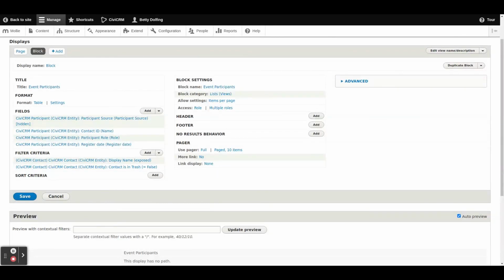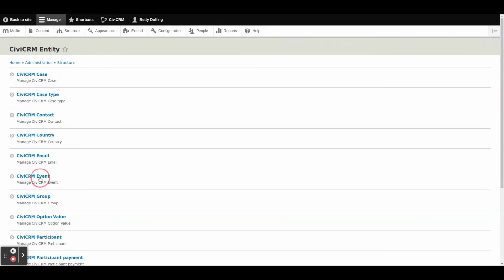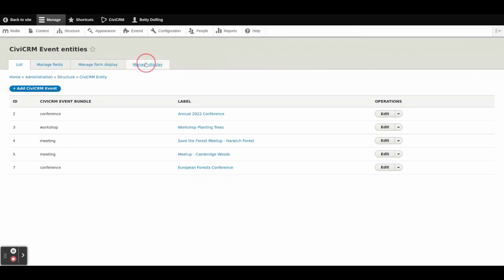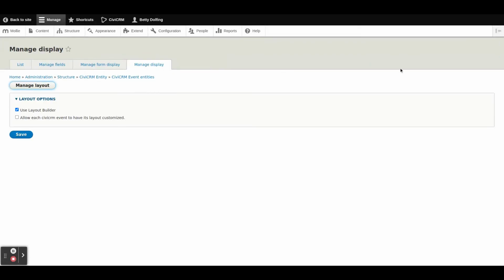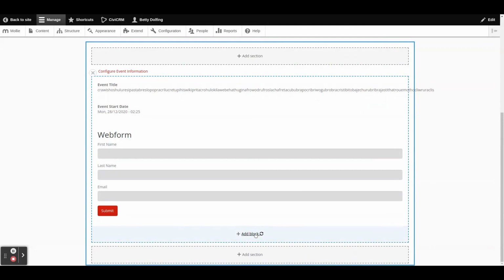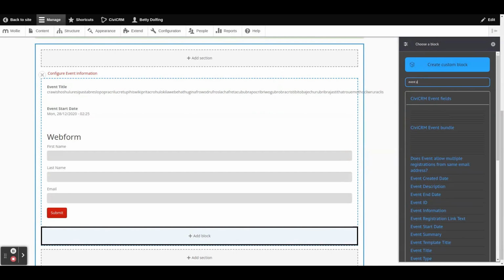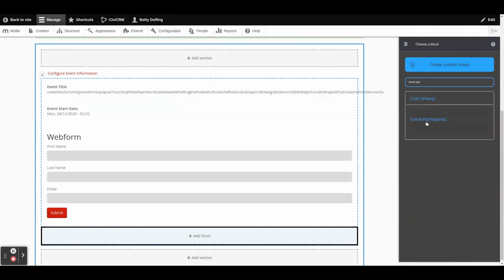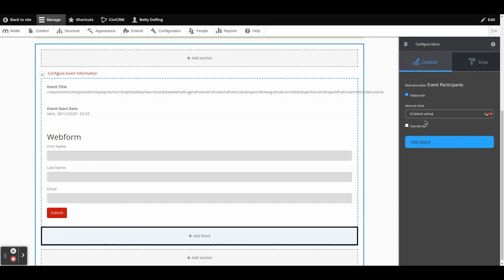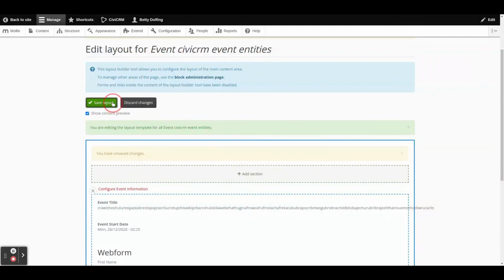All there is left to do is add this view to the single event page. Go back to Structure again, CiviCRM Entity, CiviCRM Event, Manage Display, Manage Layout, and here you add another block. We search for the view which is called Event Participants. We add this block to the page. We save the layout,